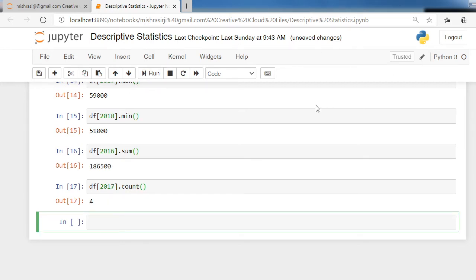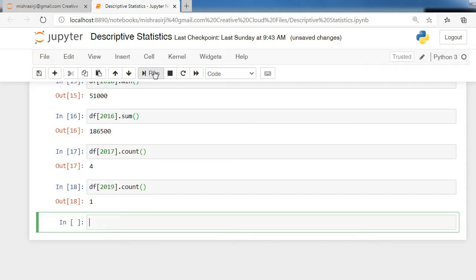You can check. df square bracket 2019 dot count.